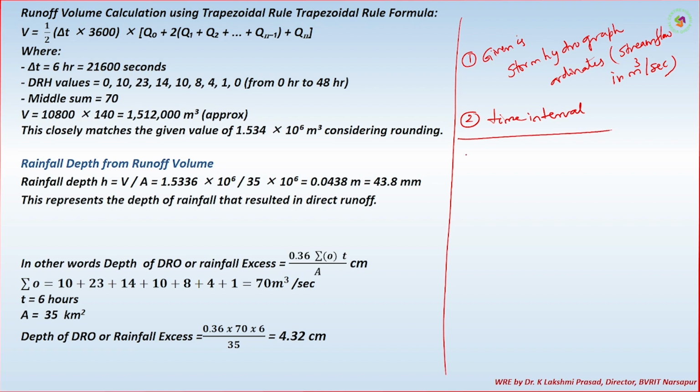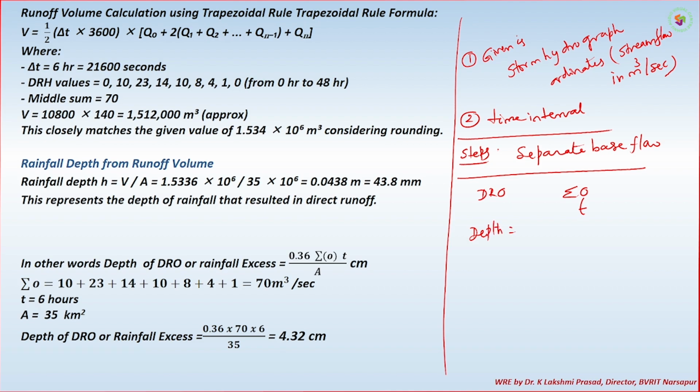So what are your steps? Separate the base flow. If you separate the base flow, you are going to get the direct runoff ordinates. So now you find sigma O. Then T is the time interval. So depth is equal to